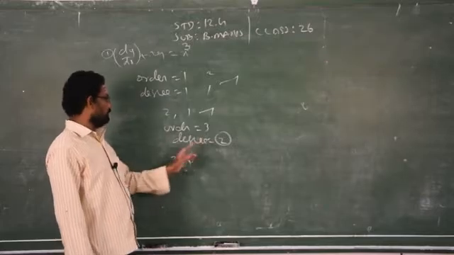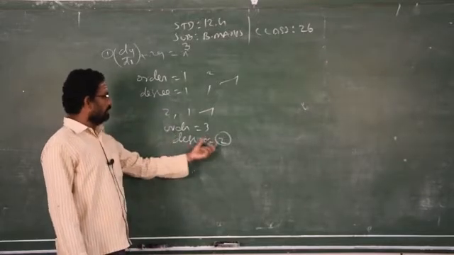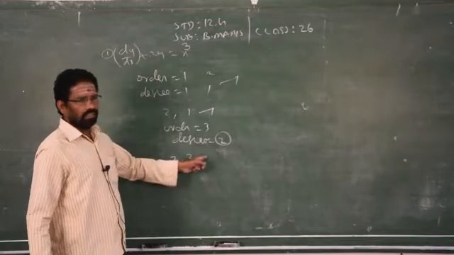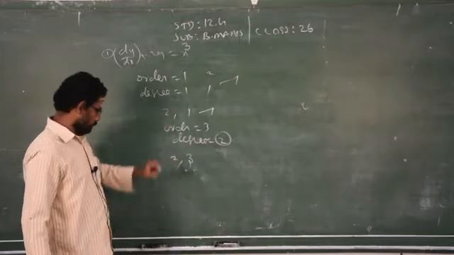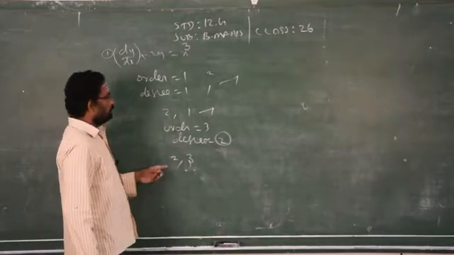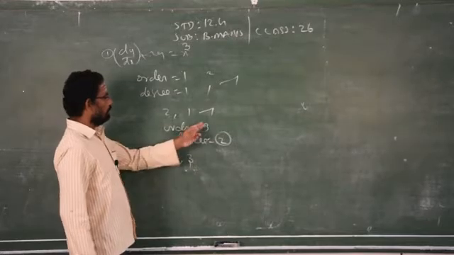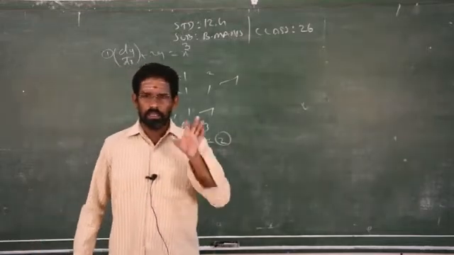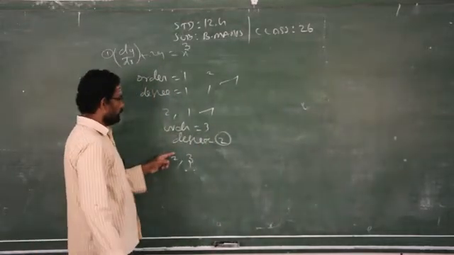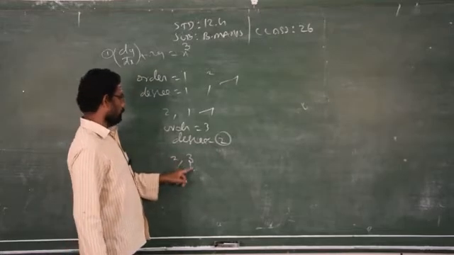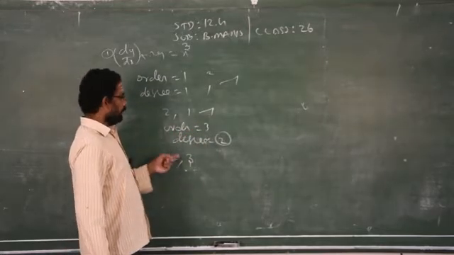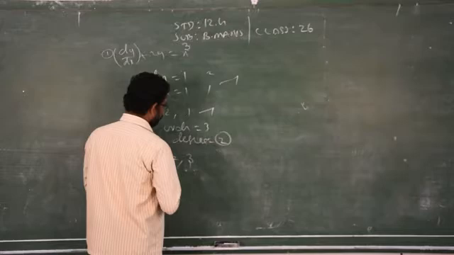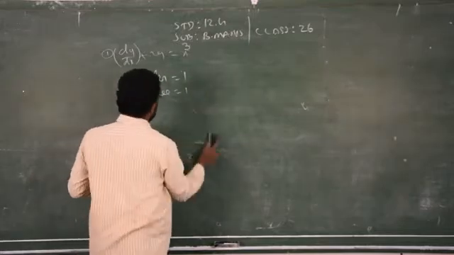In such a case, you have to write degree first. First you have to find order and degree, then you have to rewrite it as 2 and 3. You have to write the correct option that is given in the objective question. Clear? So be careful. In descriptive questions, if you write order and degree in either manner, they will give marks. Whereas in objectives, be careful. Depending upon the question, you have to write degree and order, 2, 3, or order and degree, 3, 2. If you write the same answer for both, then you will get a wrong answer. Clear?